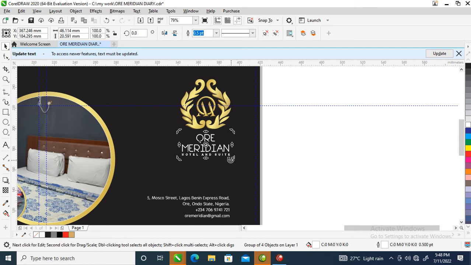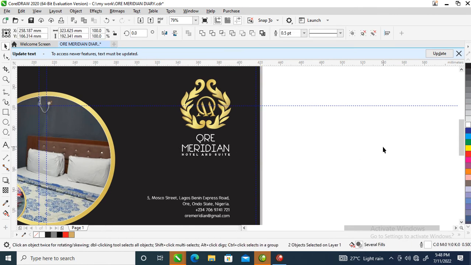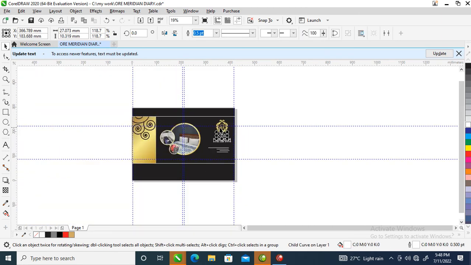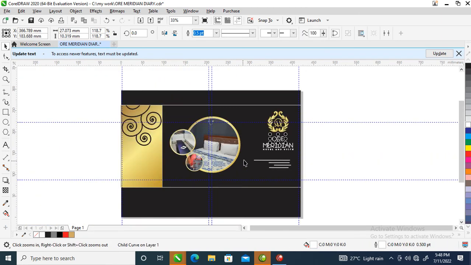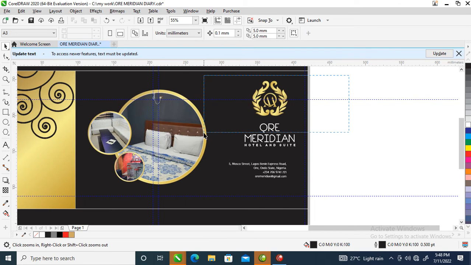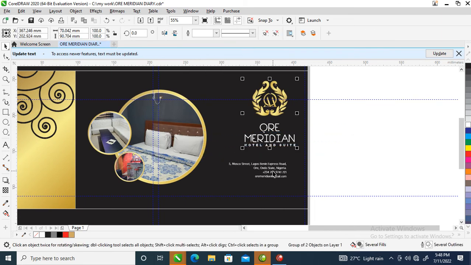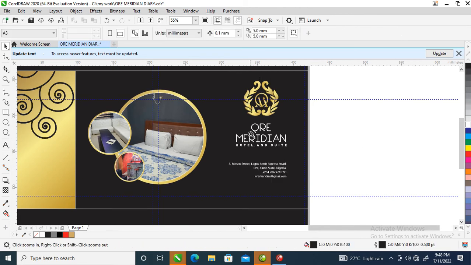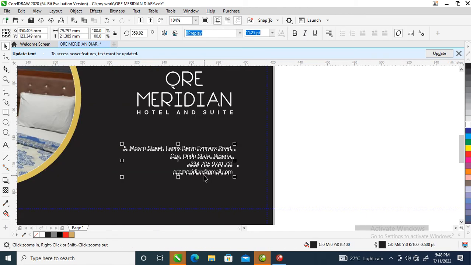then let's make the name of the hotel bigger, select that and make it bigger. Good. So let's adjust that. Good. So right now our next step is to align it to the left, then let's create